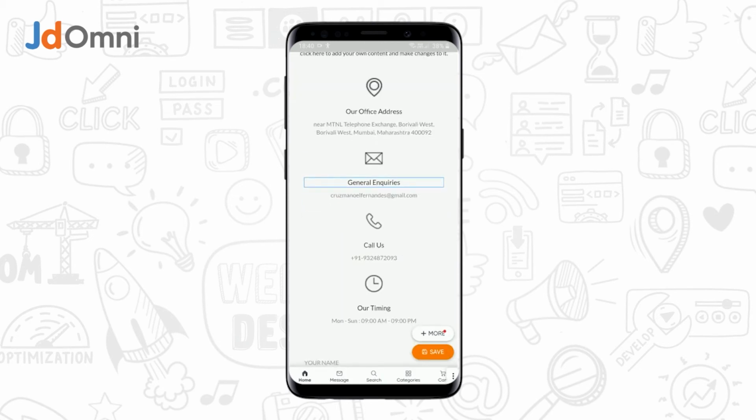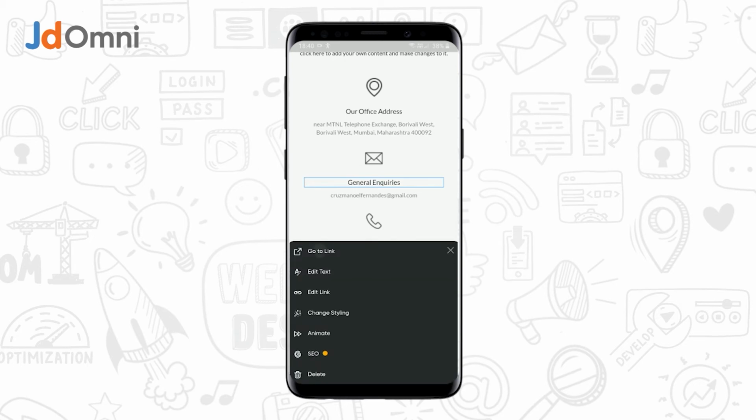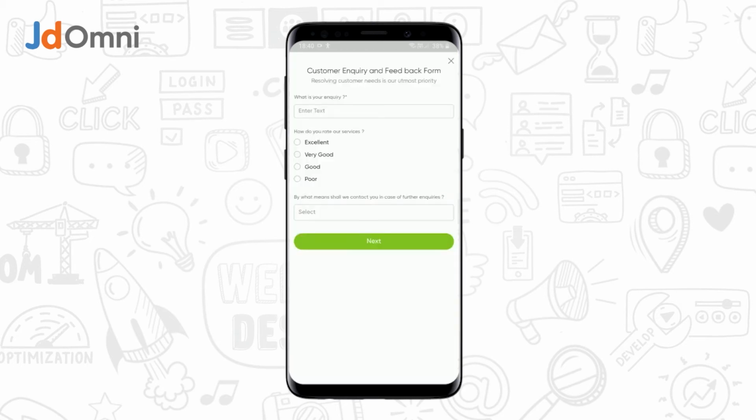Now whenever a customer taps on General Enquiries, for this example, an enquiry or feedback form will be displayed to them. Here they can write their main enquiries in this field. Let's write some enquiry.